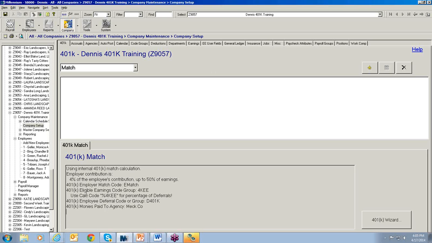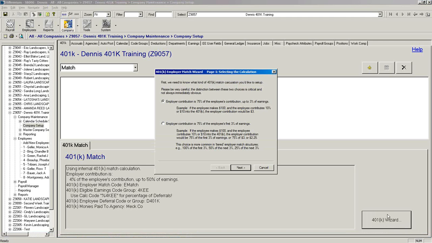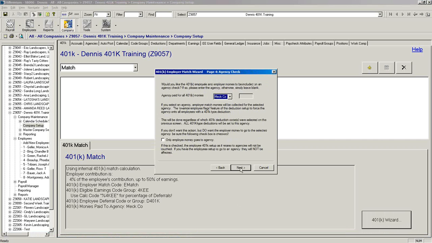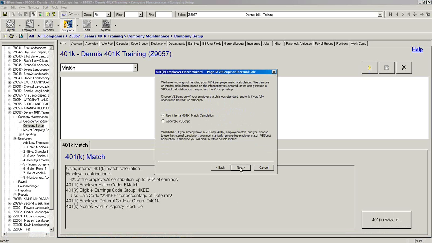So because I've decided I need a script, I need to get rid of this entry. The best way to do that is to go back here and simply click the next button until you get to the point of decision making where you say, I want to generate a VBScript.